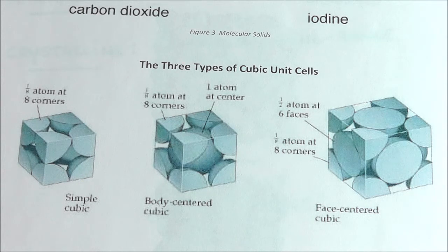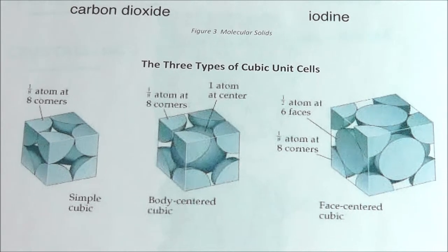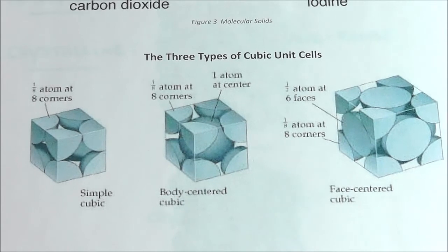And the thing about a cube is the math is kind of easy. You might not think it's going to be easy in about 10 minutes, but it is. It's much easier than if it was a hexagon, something like that, or a rhombus or whatever shape. So let's discuss these 3 unit cells, and then we're going to show you an example of how the unit